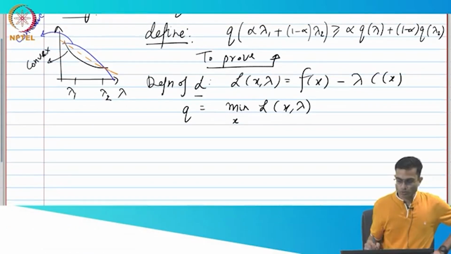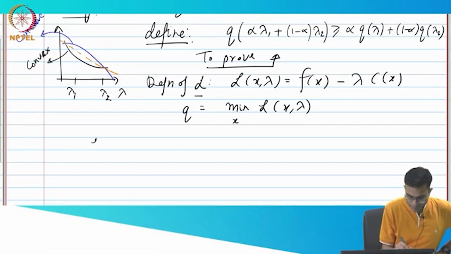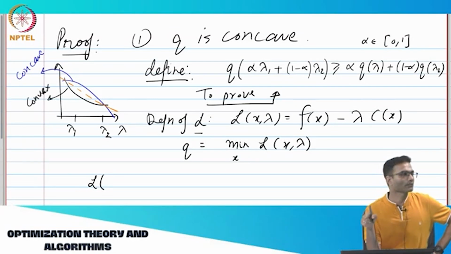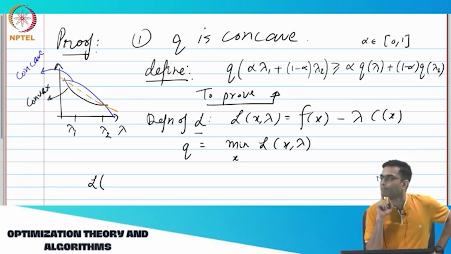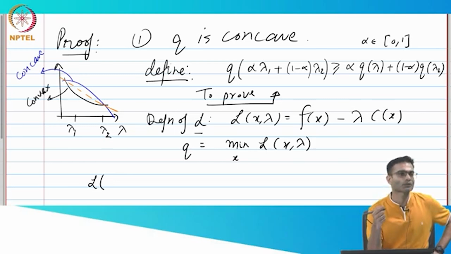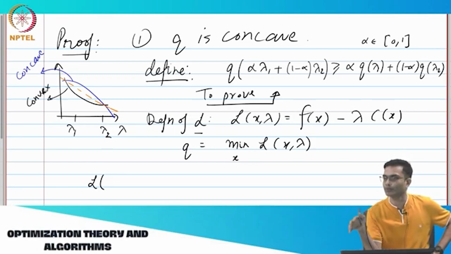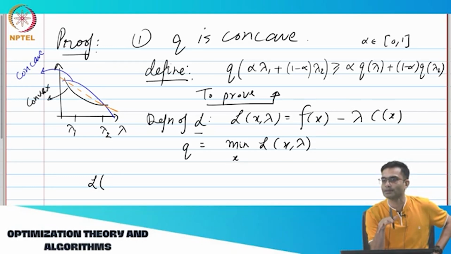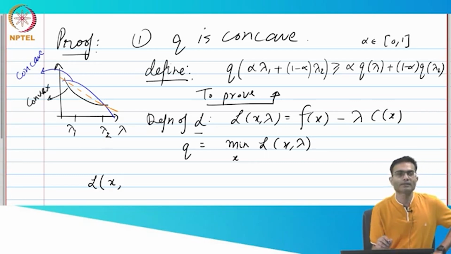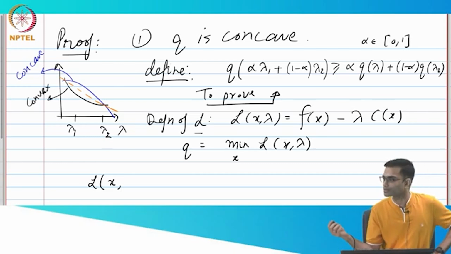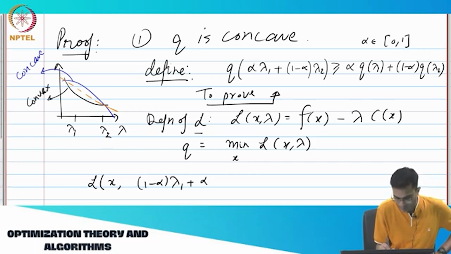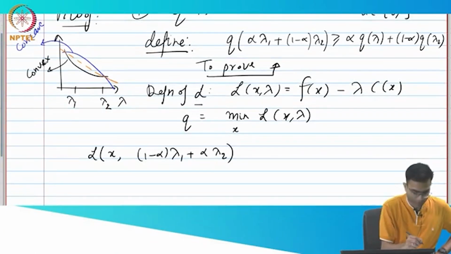Okay. So let's take one big Lagrangian, right? So let's take Lagrangian. What is the parameter that I should be focusing on, x or lambda? Lambda, right? Because when we are talking about concavity of Q, we are in terms of Q of lambda. So I am interested in what happens to lambda. Anyway, x gets factored out over here because I am minimizing with respect to x. I will be left with a function in lambda. I have to prove something in the lambda domain, right? So I should take a linear or a convex combination in the lambda space. Right? So that would be something like 1 minus alpha times lambda 1 plus alpha times lambda 2. This is one big Lagrangian that I can take,